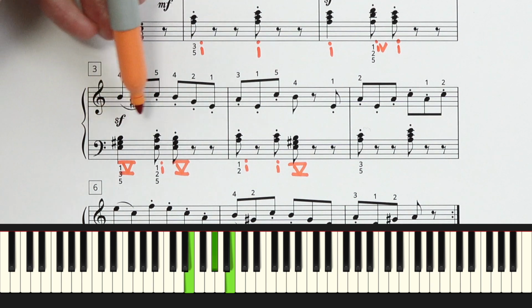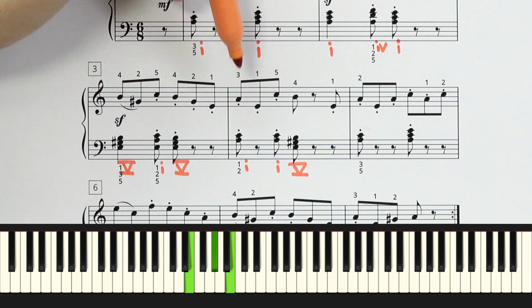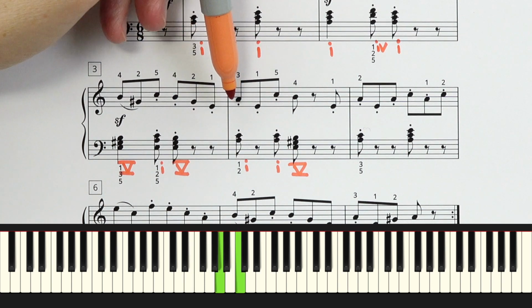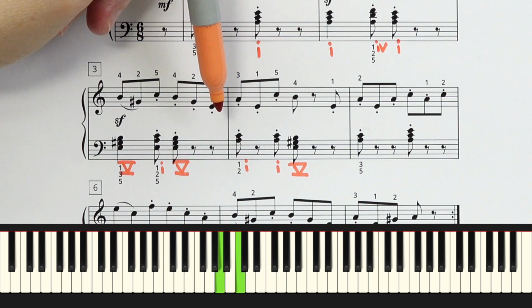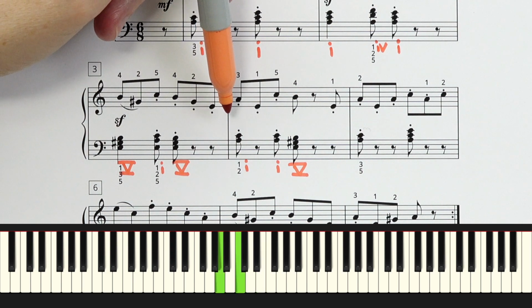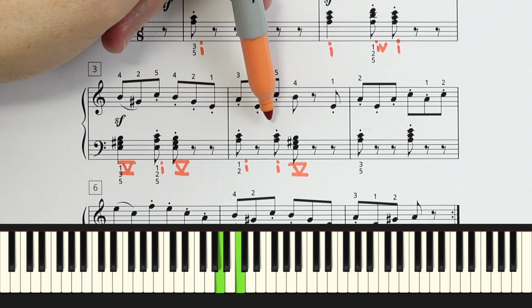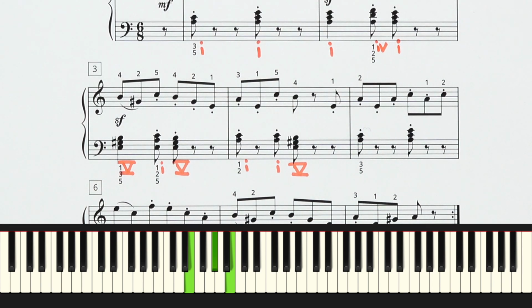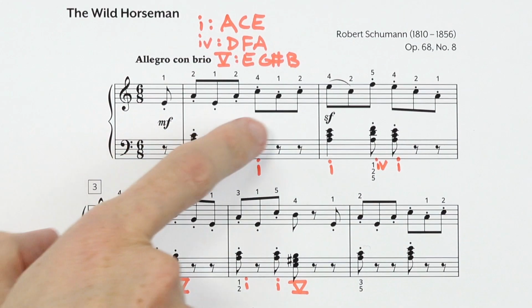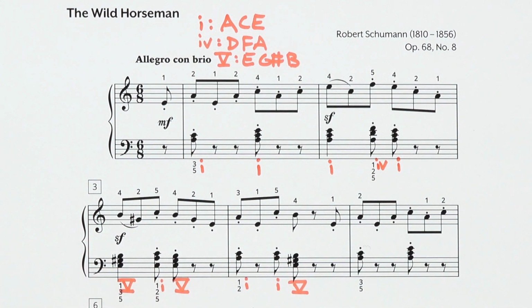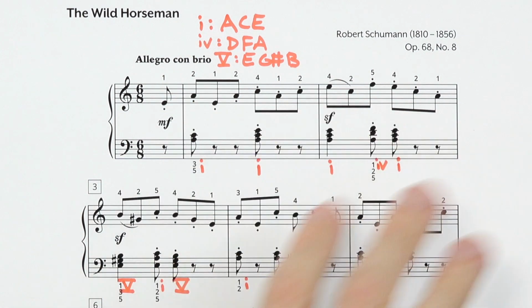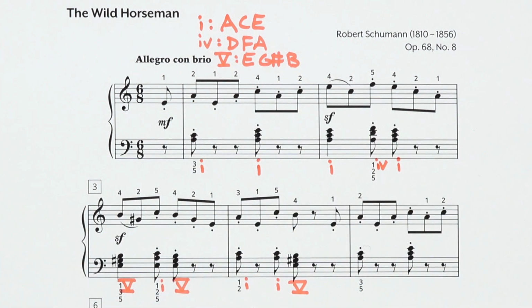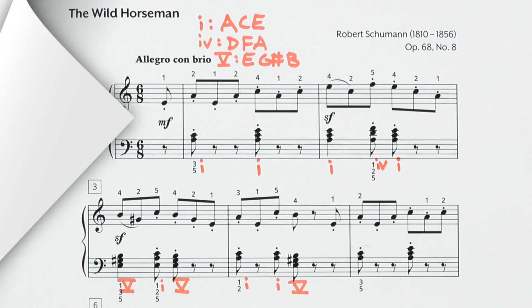Remember the G is still sharped. Sharps live the whole measure until the bar line. Then this we can call the 1 chord, even though it's missing that E. We've got an A and a C for a 1 chord, A and C, it's a 1 chord, to the 5 chord. Now, I find it so useful to analyze these chords because then as I'm playing it, I'm not just thinking of random notes, I actually know what I'm playing and how those chords work together. So let's try to play it now.